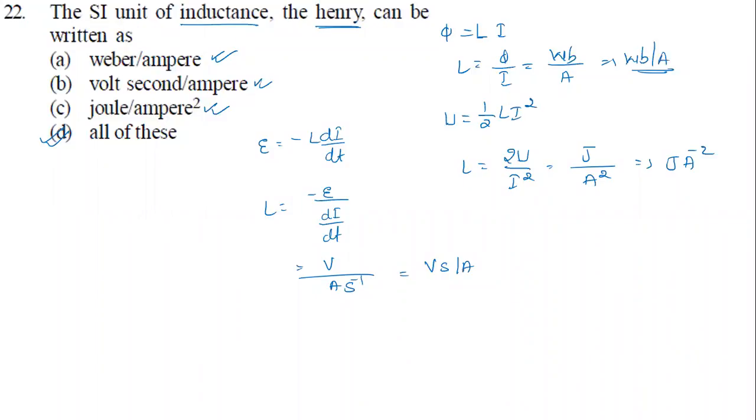So how can you remember these questions? If you know the formulas, put the formulas in and start solving, so you get the units. Different formulas will give different units, like what I've taken now. You can even take inductance L equal to mu naught N square A times L. You can use this formula even. You'll get one more unit, and mu naught is permeability. So you need to have the formulas on a strong base.